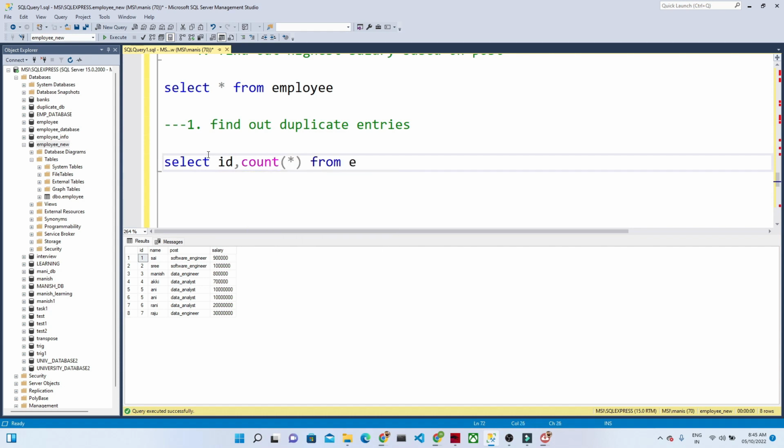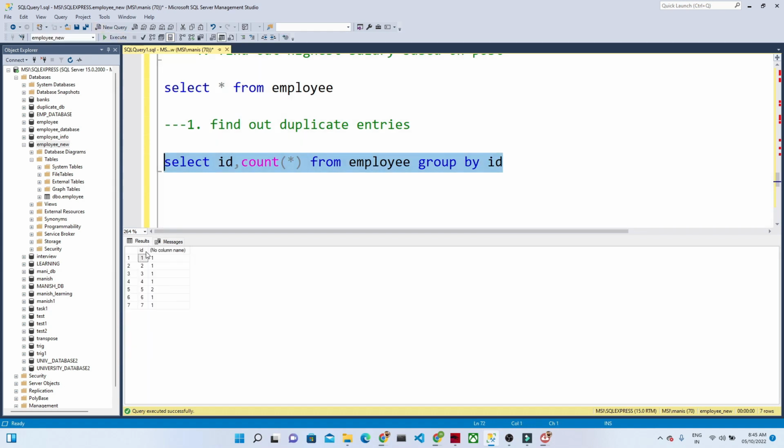From the employee table, I have done: select id and count(*) from the employee table, and group by the id. Let us try to execute this first and then you will get more idea. You can see I am grouping ids based on their count(*). The id 5 has a count of 2 times, and the rest of the ids appear only 1 time,